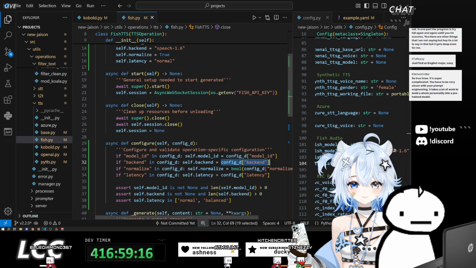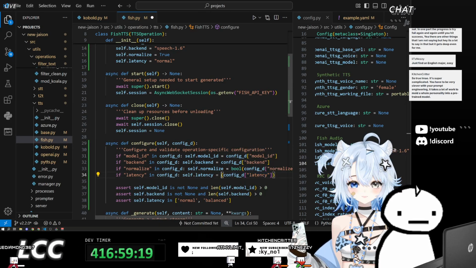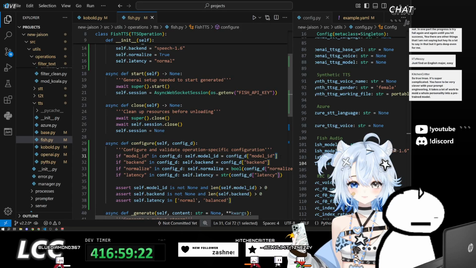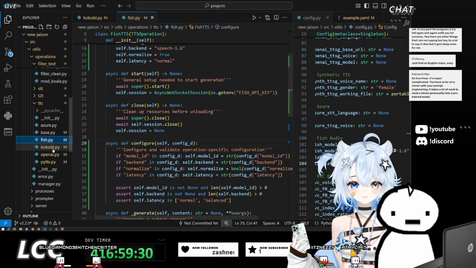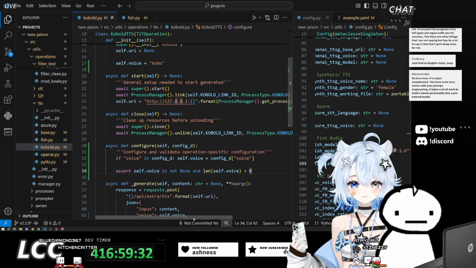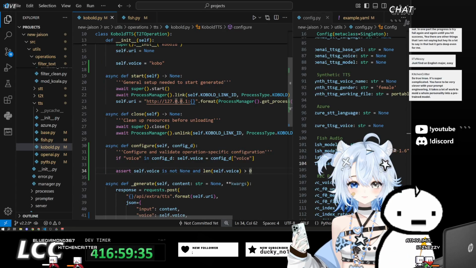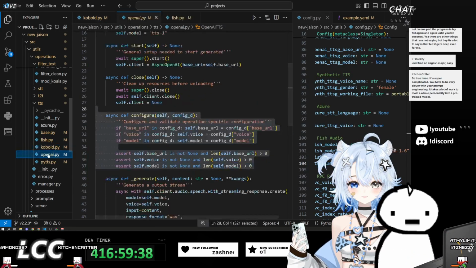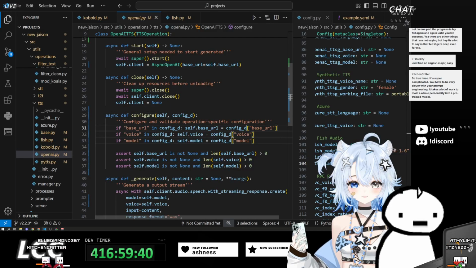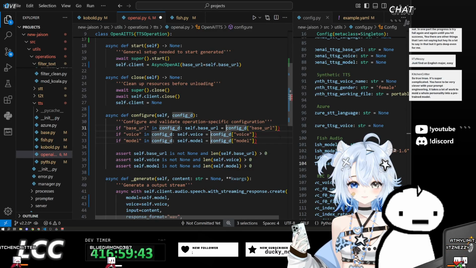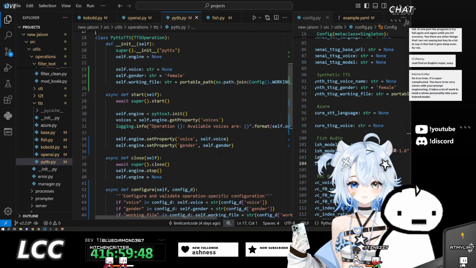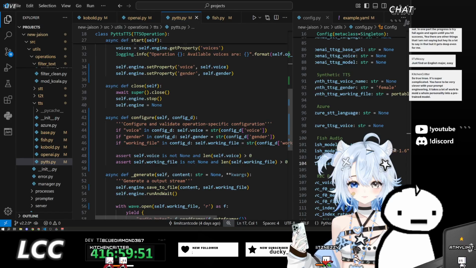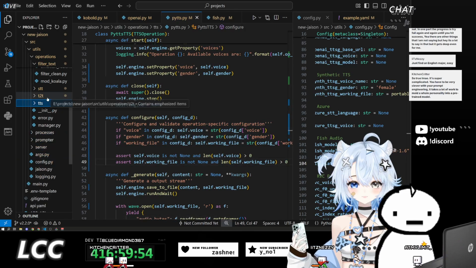Actually, we should probably cast all of these, but that's simple. Cast all of these. Same with Cobalt. We didn't actually cast this. OpenAI, did we cast this? We did not cast you. And PyTTS, I know we did cast. We did cast. Okay, so that's it for text-to-speech.